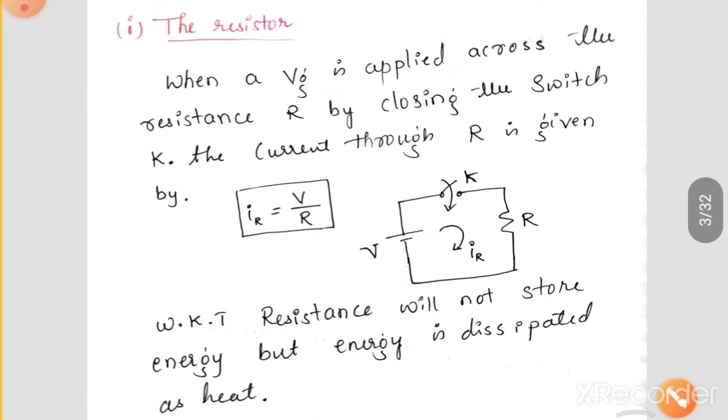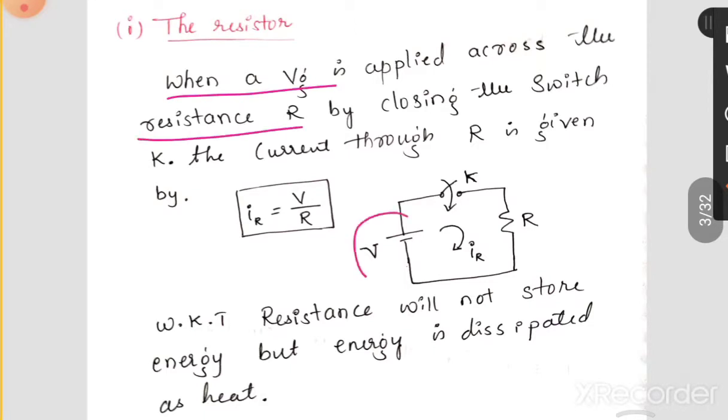As we know, resistance means we can say that the entire circuit is of DC. If your entire circuit consists of resistance, then you can say that it is a DC circuit. Now suppose a voltage is applied across the resistance. You can observe the circuit diagram, which consists of pure resistance, a supply voltage, and a switch connected in series. When the voltage is applied across this resistance by closing the switch, the current through this circuit will be IR, which is very simple.